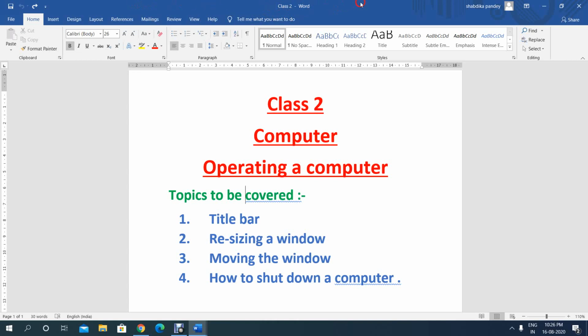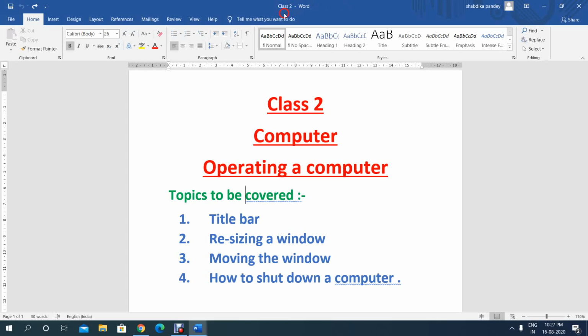This topmost blue bar of the window is known as title bar, where you can see the name of the window, the name of the file, and which type of file it is. You can see these two things at the top of the bar, where you can see the title of the file.